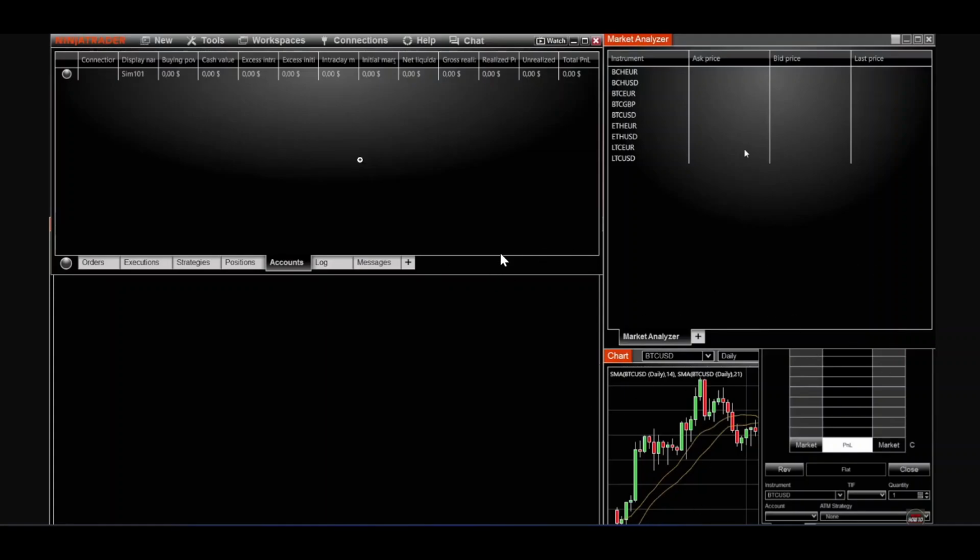And that's it. You've successfully switched NinjaTrader to dark mode, a small tweak that makes a huge difference in your